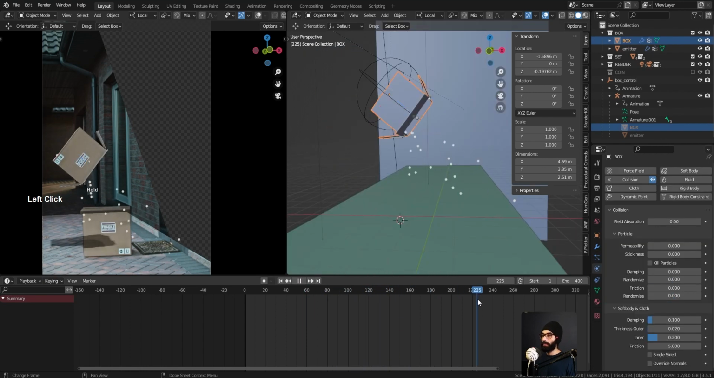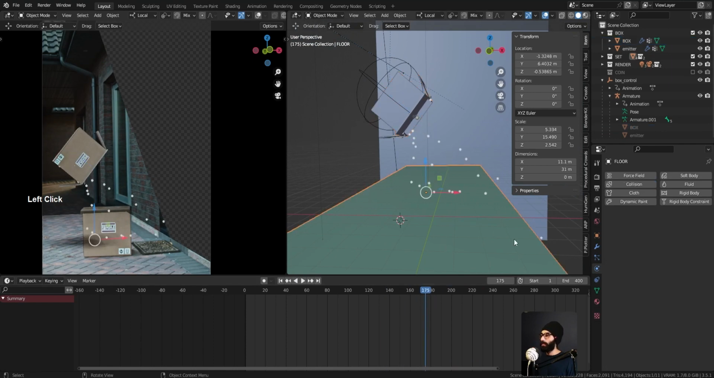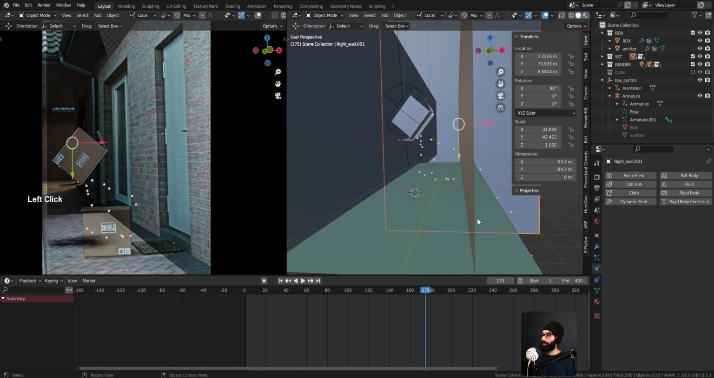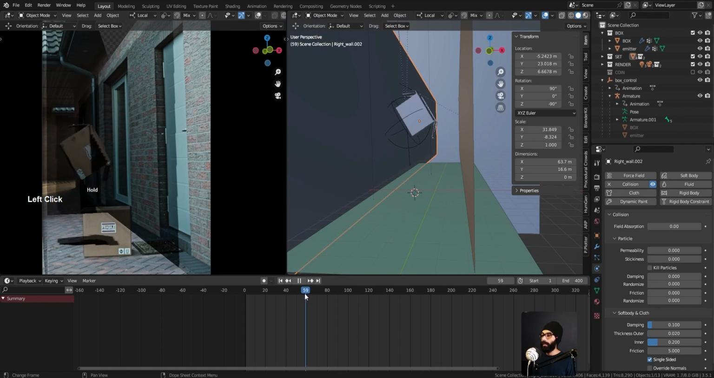They are just going away like into oblivion. So when I select the floor here and give it a collision, and Alt H to bring our walls here, select these and give them collision. Now when we go back to 80 frames,